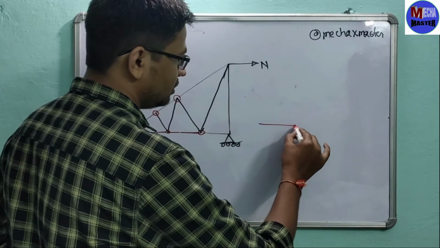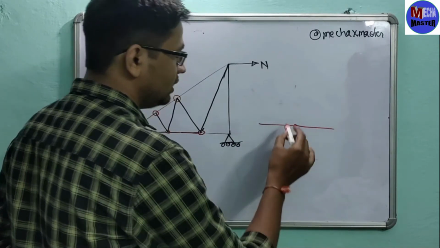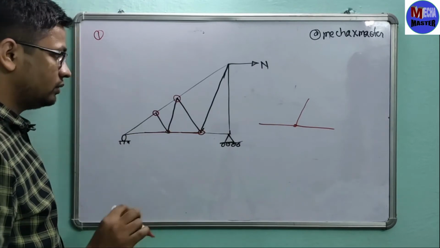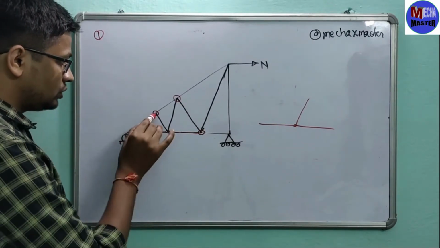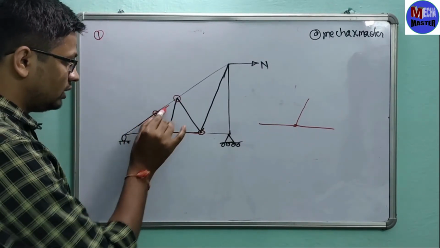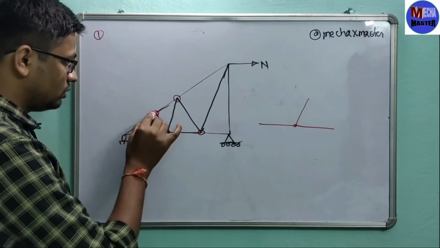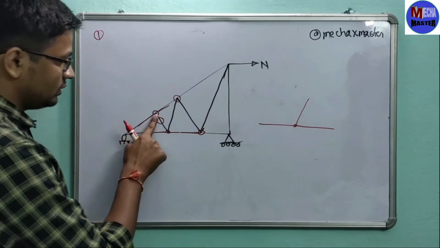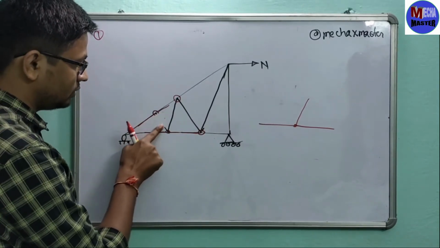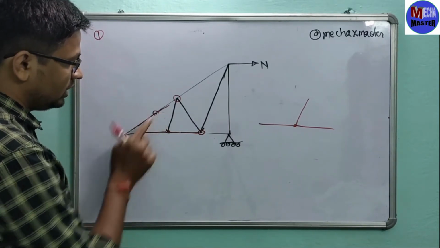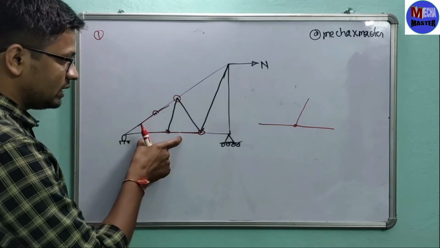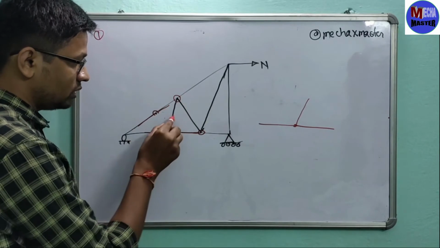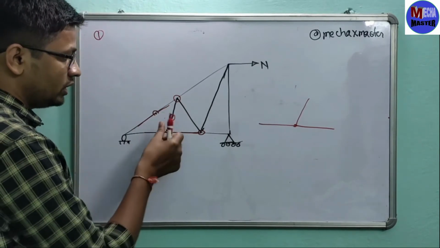The method that I told you is that there should be only one third member, not another one. So at this point there are two collinear members and there is a third member, so this member will be zero force member. You can easily eliminate this. Then again see that these two links are collinear and this is the third member, so this member will be zero force member, and this member will be zero force member. You can easily eliminate them.